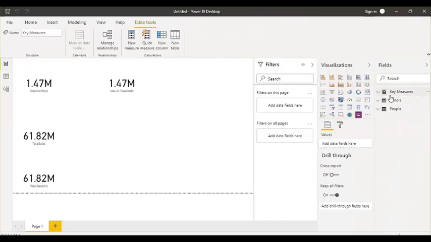So this is a very small data model, but in some scenarios where you will work on large data sets with multiple tables and multiple measures, then definitely you will have to organize and arrange your measures like this. Otherwise it would be difficult for you to search and identify your measures, like which measure you created for which purpose, for which table it relates. In this way you can arrange your measures here, and you can identify which is your measure table.